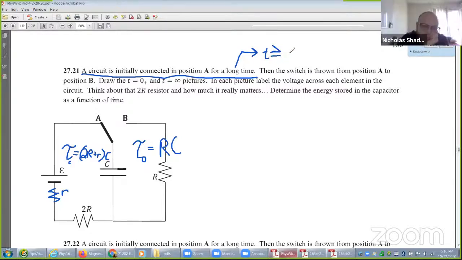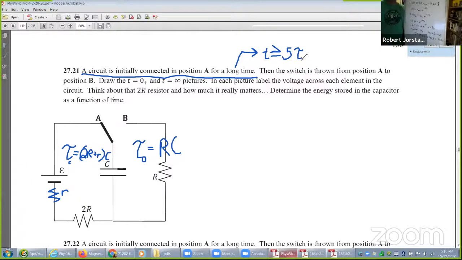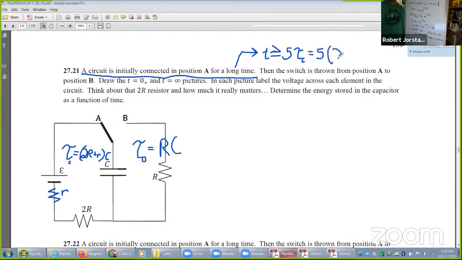No. T is basically greater than 5 RC. Basically infinity. 5 tau charging, which means it must have been closed for at least 5 times 2R plus little r, which I like what Trey said more. Just assume it's been closed for an infinite amount of time, or what Nick said, it's just charged, right? So if it's charged,